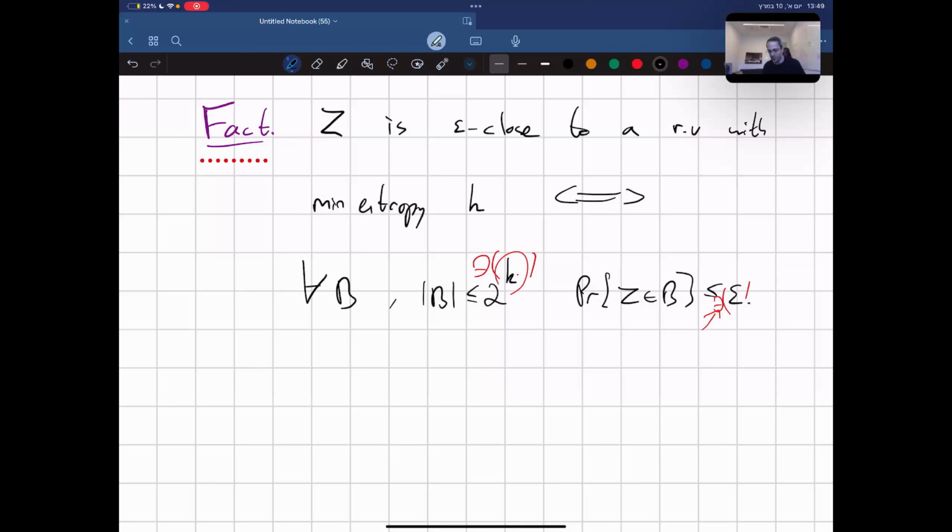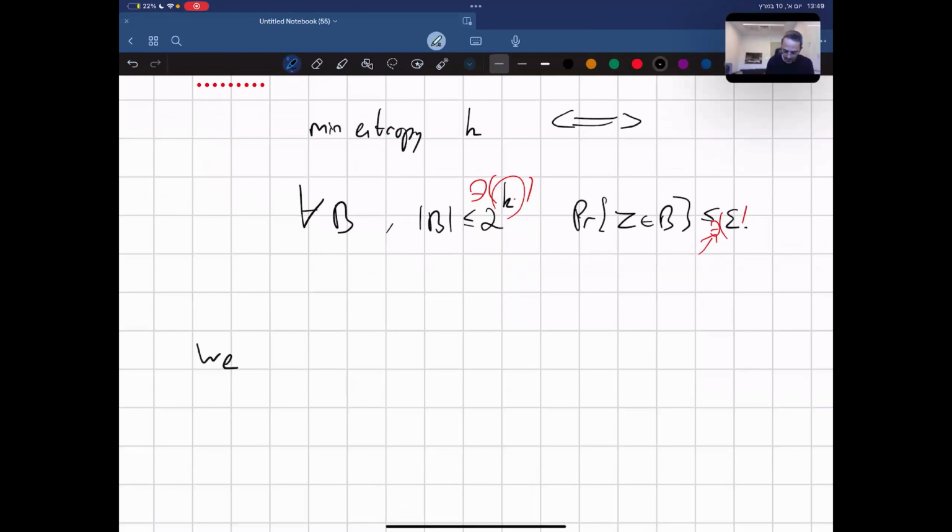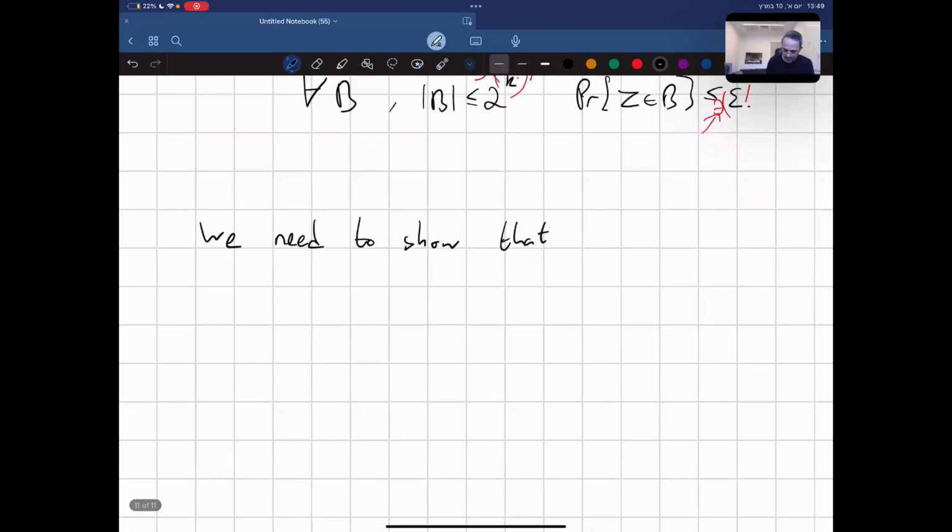You need to kind of truncate it in the right way and massage it a little bit, and you can prove this fact. It's actually not that completely easy, trivial, but it's doable. Anyhow, so with this fact, you can show that we need to show that. So we need to show that, well, the probability, for every